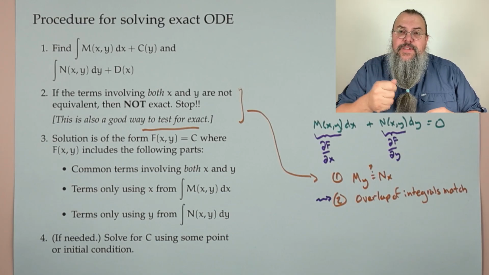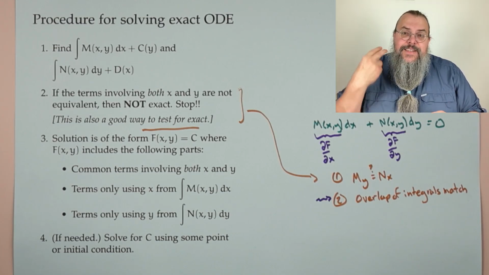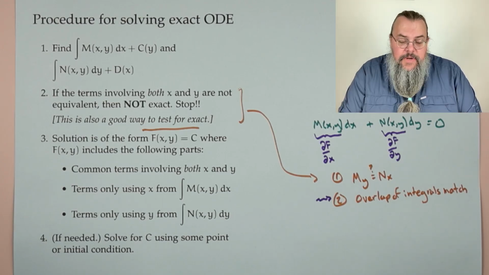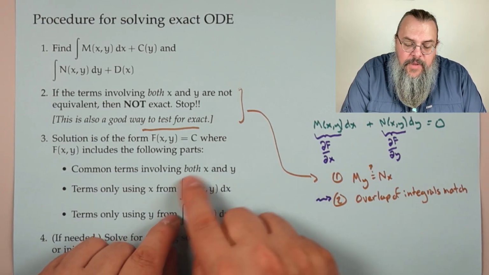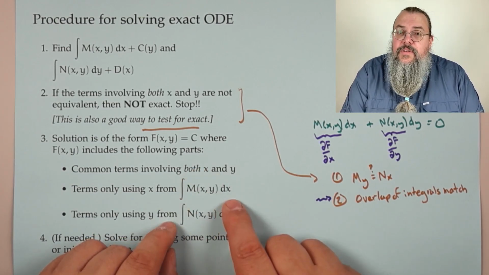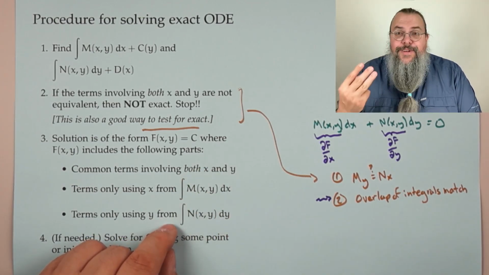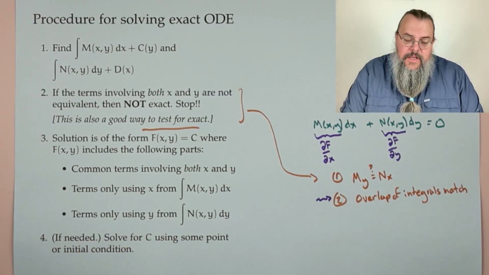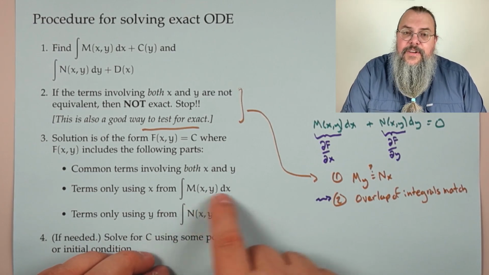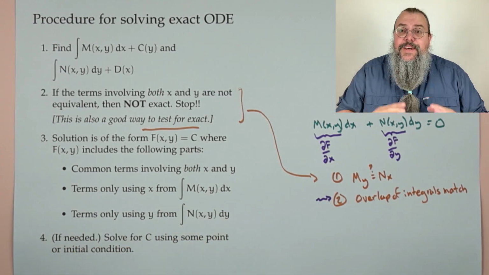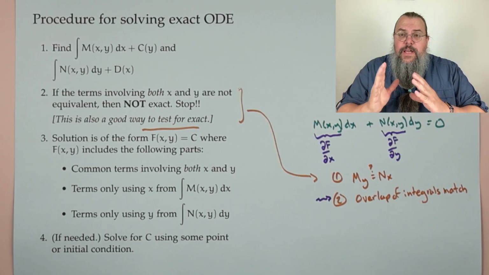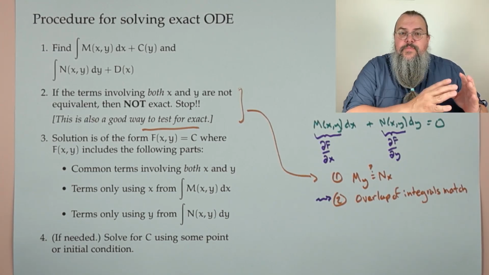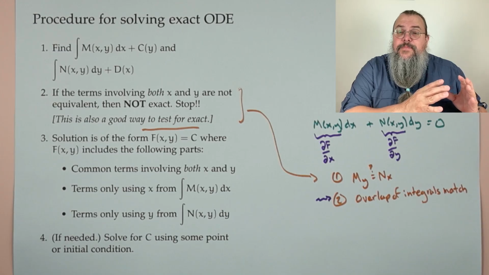Okay, so that's the first piece of F, the overlap. Next, we say, well, we need the pieces which only depend on x. And we're going to get the pieces which only depend on x by looking at this integral. So any terms only using x from that integral, add those in. And similarly, we say, okay, what about the pieces which only depend on y? Well, that's going to come from that integral. Okay, great. Add them in. And so we have overlap, only x, only y. That's our capital F of xy